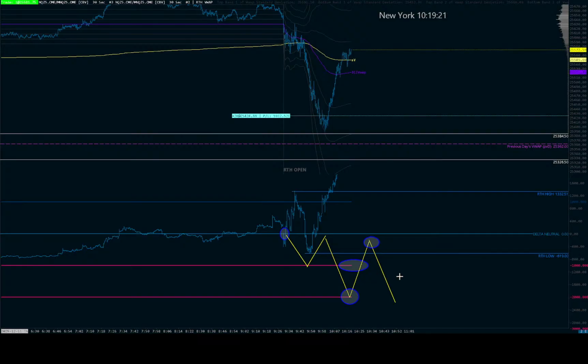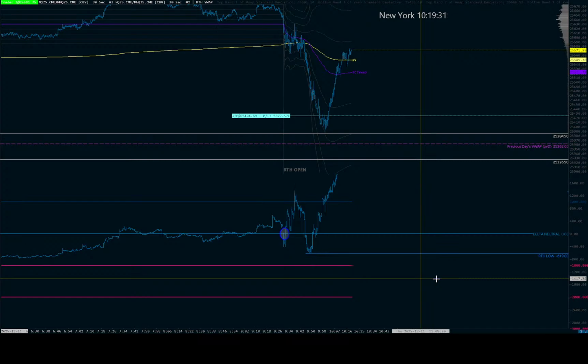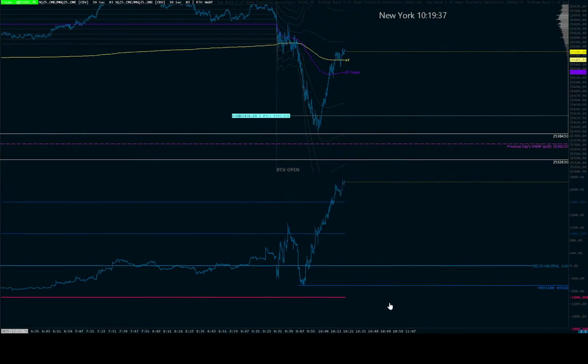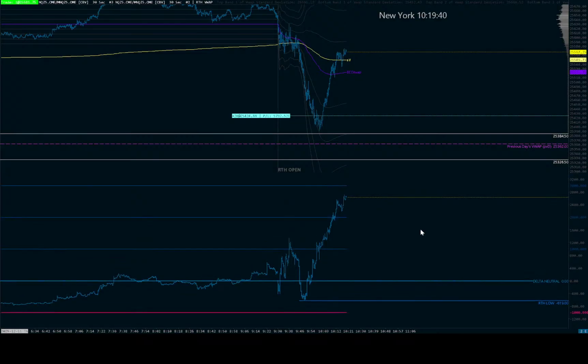You've got to be patient and let price show you the kind of confirmation, so to speak. And you don't have to get involved at the open like that, right? Because like I said, it can be messy at times, especially if you're trying to trade a small account. You're going to get stopped out a bunch. You're going to get wrecked.